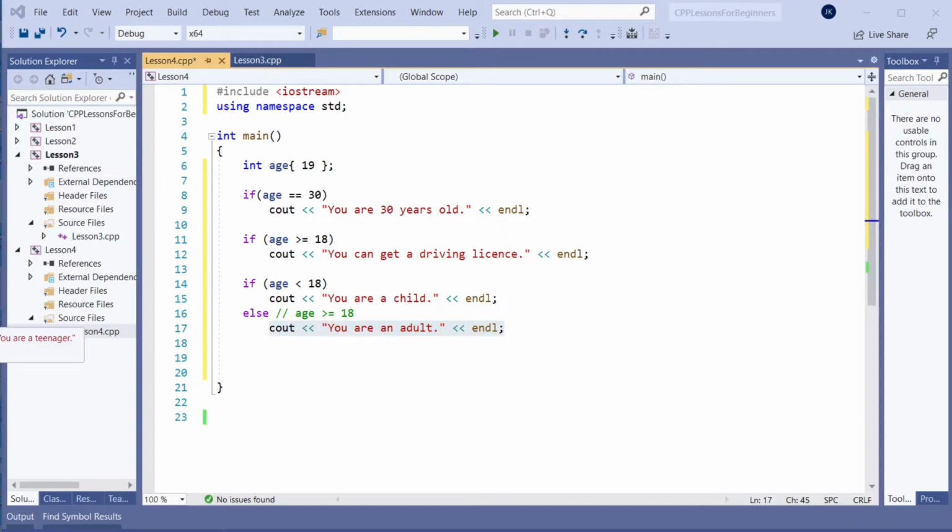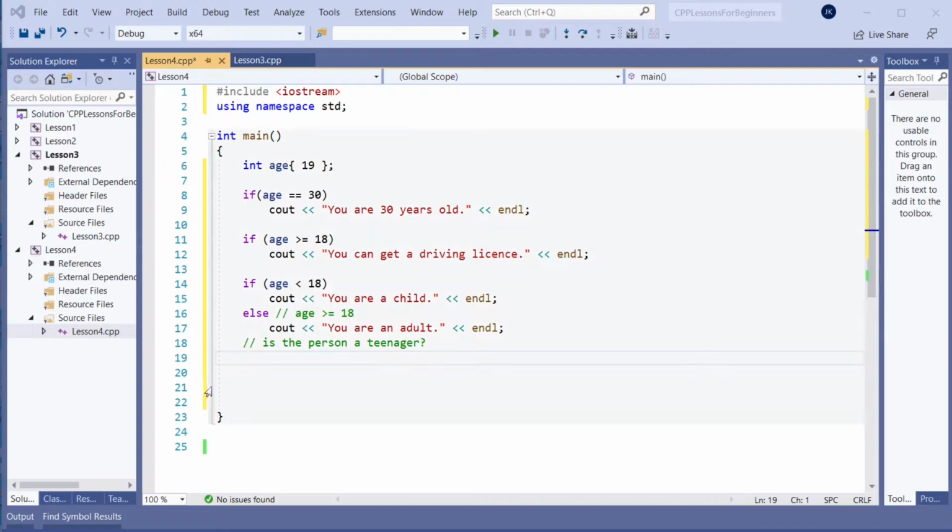Now let's look at a combination of these checks. We can put two of them, we can combine them. What if we want to check whether the person is greater or equal than 13 and less or equal than 19, which is a teenager? Let's say we need to check: is the person a teenager? How would we do that? That's a range. If it's greater or equal than 13 and less or equal than 19, then the person is a teenager. The way to do it is